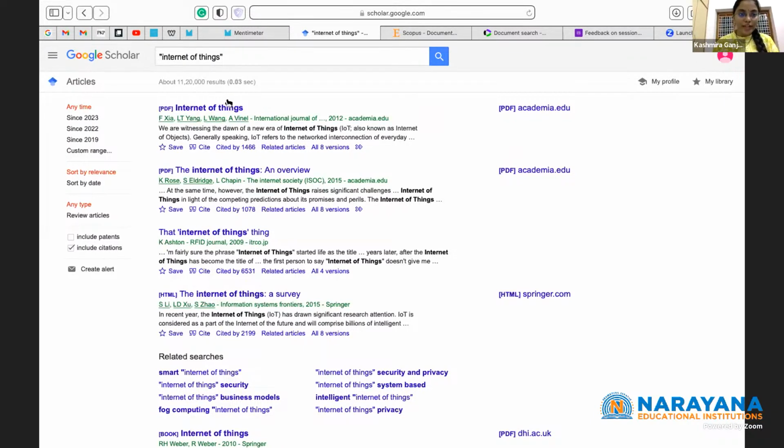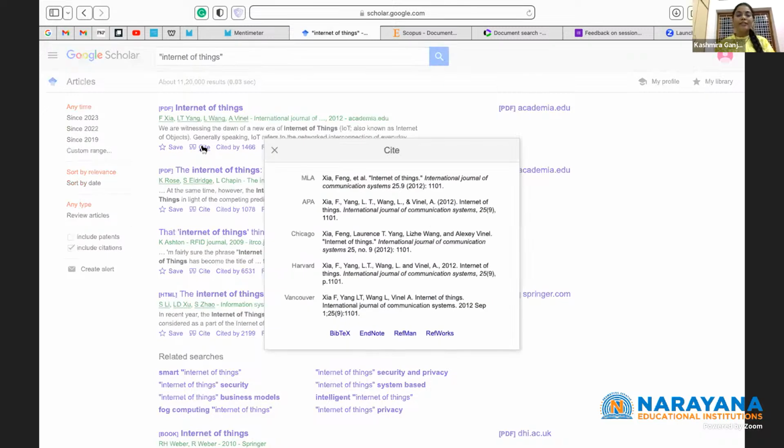For example, the first article displayed above. These are the different authors who published this article in the year 2012. This particular article is cited around 1,466 times by different research papers. Now if you want to cite this research paper, click on the double quote cite,